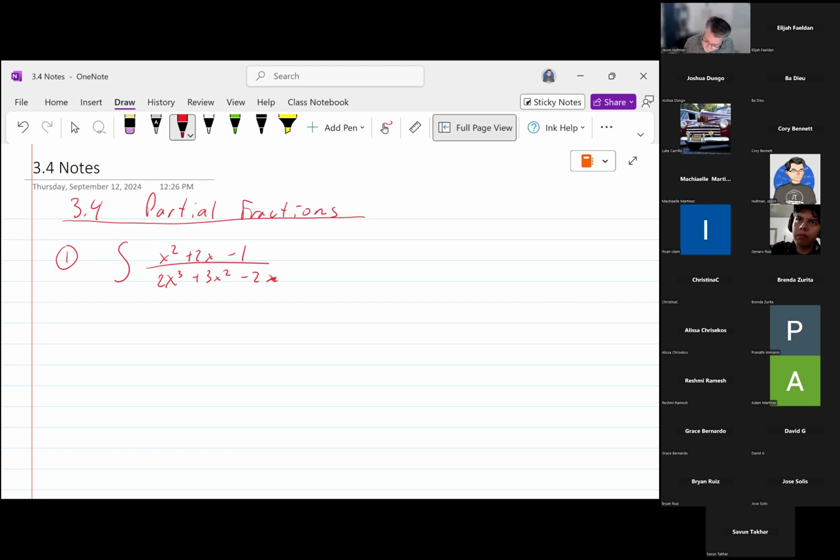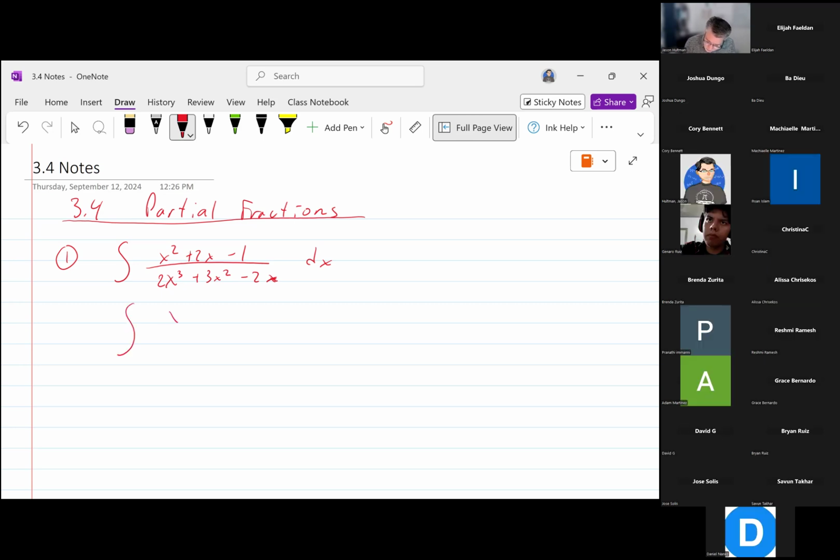dx. In order to solve this, we have to break this up using what's called partial fraction decomposition, or PFD. The first thing we need to do is factor the denominator. So let's factor the denominator, and let's use partial fraction decomposition to help us break up the terms of the